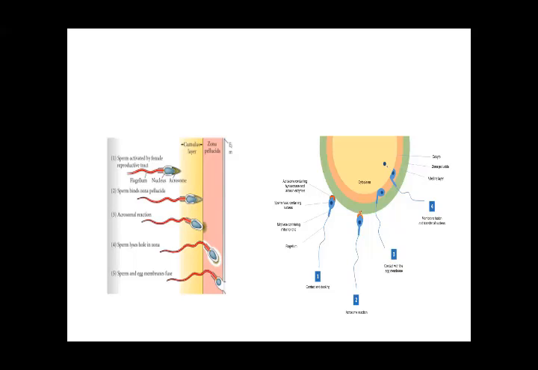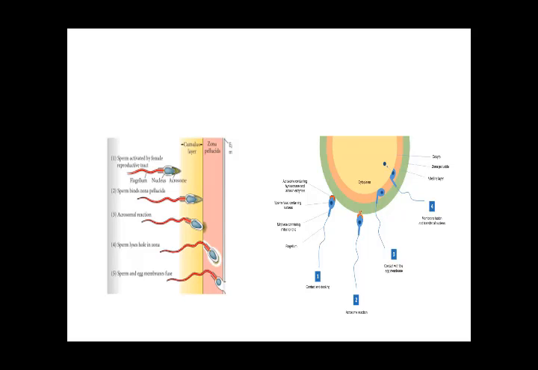cumulus layer and the zona pellucida, and then it breaks into the zona layer. From the zona layer, it penetrates. After passing through these two, it passes through the plasma membrane of the oocyte and enters, and there the male haploid and the female haploid gametes meet and become the diploid one. This picture also shows you the same: the acrosome containing hyaluronidase enzymes, containing the nucleus,